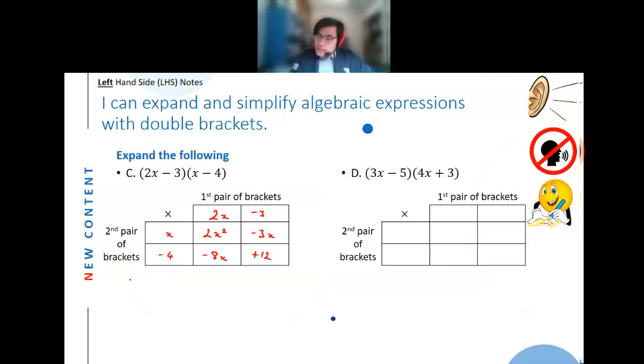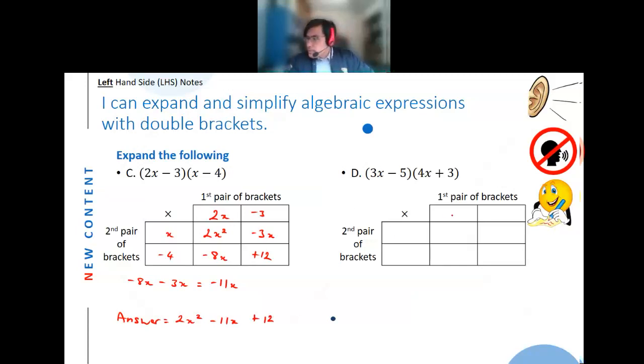Okay, so here we've got negative 8x minus 3x. So they're going to become more negative, so that's going to be negative 11x. Combining everything together, we have 2x squared minus 11x plus 12. Okay,